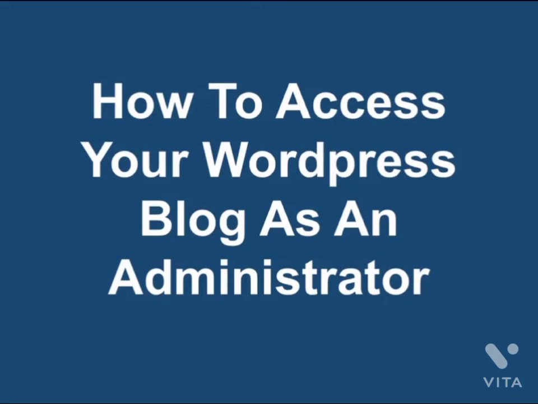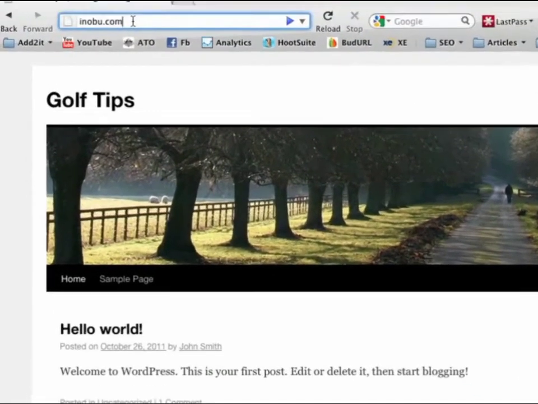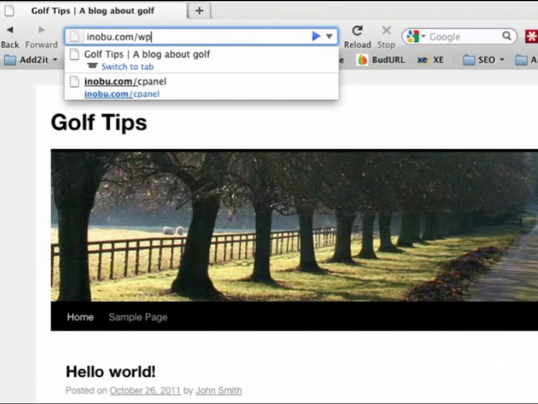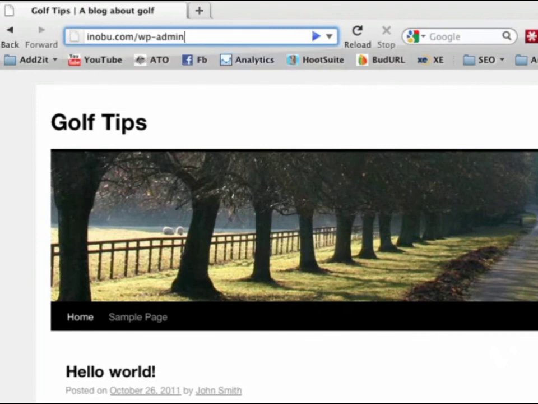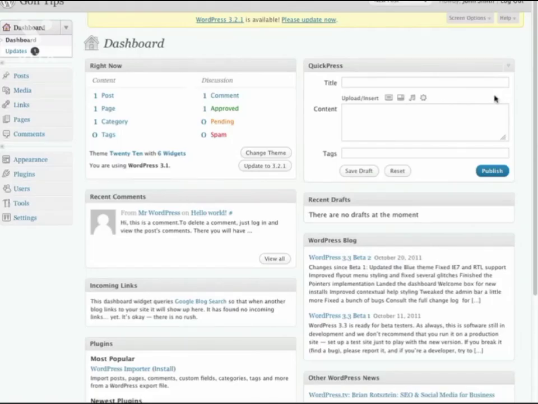How to access your WordPress blog as an administrator. To control and customize your WordPress blog, you need to enter the control panel, which is located at yourdomainname.com/wp-admin. Or if you installed your blog in a directory, you simply add your directory, such as blog/wp-admin. But in this case, I installed it directly in the domain name. So now I need to log in, and I'm now in the WordPress dashboard where I can start customizing and